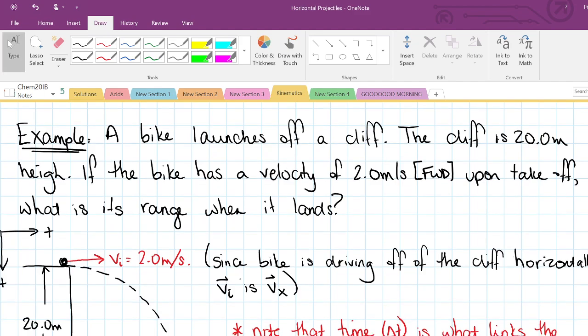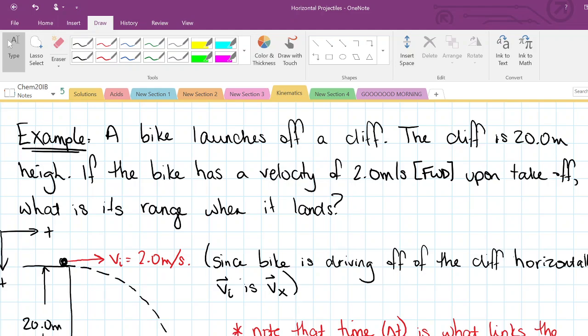In this first example, very much like the ball rolling off the table, I've got a bike. The bike launches itself off a cliff, so maybe this is like one of those stunt drivers that's going to launch themselves off the Grand Canyon or something like that, right? The bike launches itself off a cliff, or maybe it's a little jump or a drop off if you're a mountain biker. The cliff is 20 meters high, so it's a good distance. The cliff is 20 meters high, and the bike has a velocity of 2.0 meters per second in that forward direction upon takeoff. What is the range